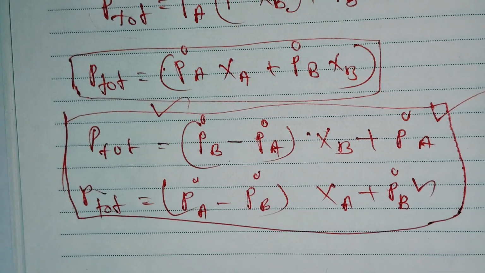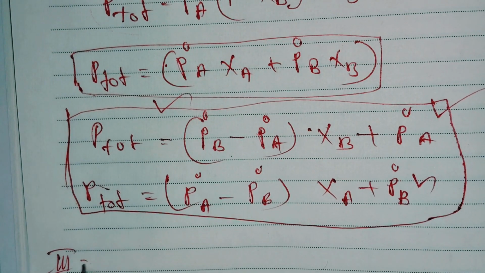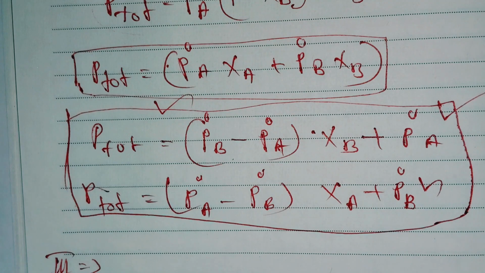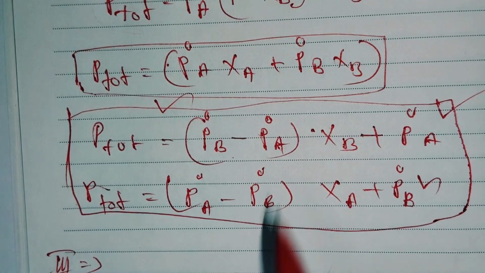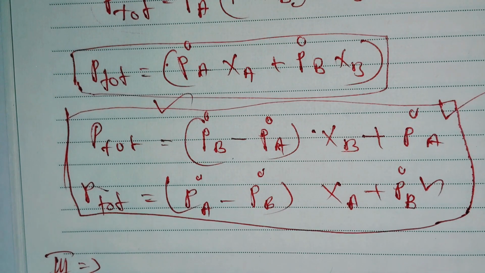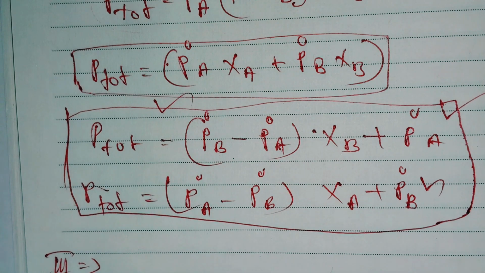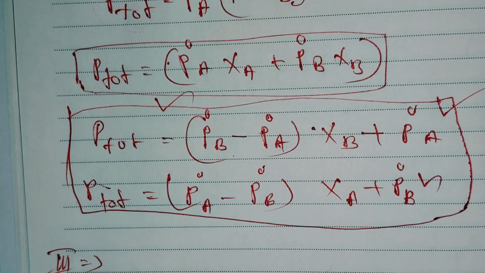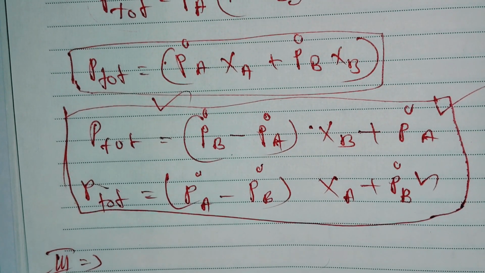Okay, then the next, third category, is there. The third category is nothing but a solution prepared by mixing two volatile liquids. In the case of the third category, the composition of the vapor can be determined with the help of Dalton's law of partial pressure. Okay, Dalton's law of partial pressure is nothing but that the pressure of A is equal to